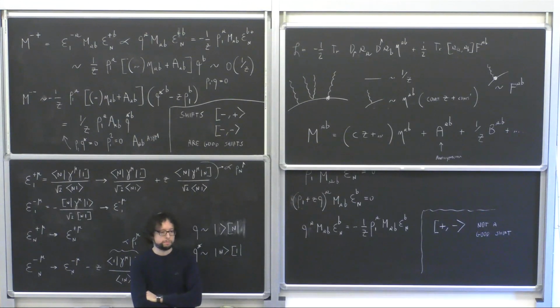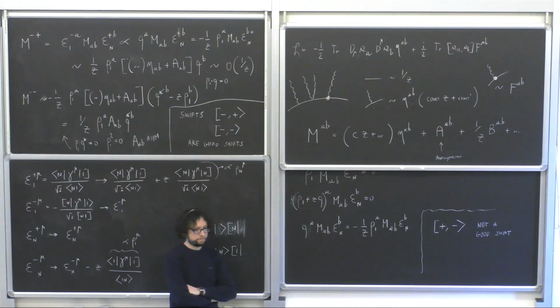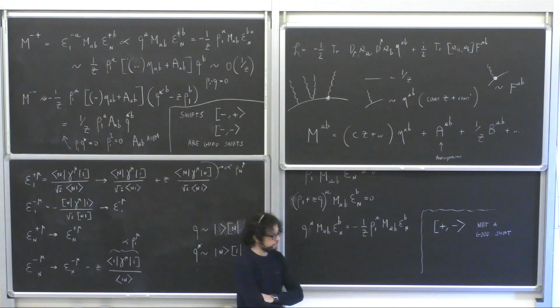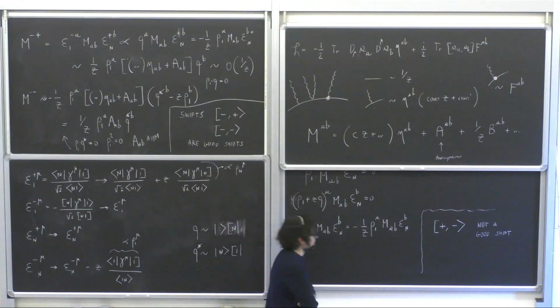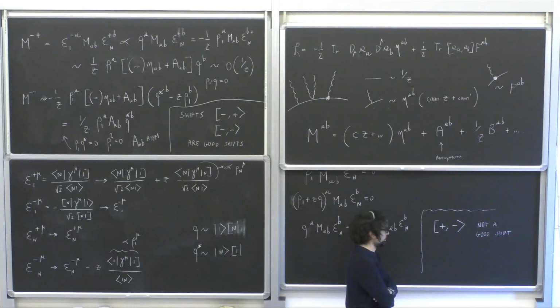Yes. A couple of questions. I still don't get completely the difference between good and bad. Okay. So, in that case, for instance, you do this shift, you find that your overall amplitude contains two types of contribution. One where intermediate channels go on shell, but there is on top of that another contribution coming from the pole at infinity. What's intrinsically wrong with that? The amplitude contains two types of information. Yeah, absolutely. And so, okay, so I guess the question here is what is bad about a bad shift?